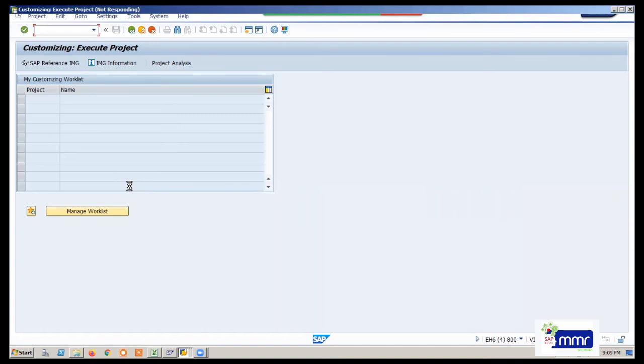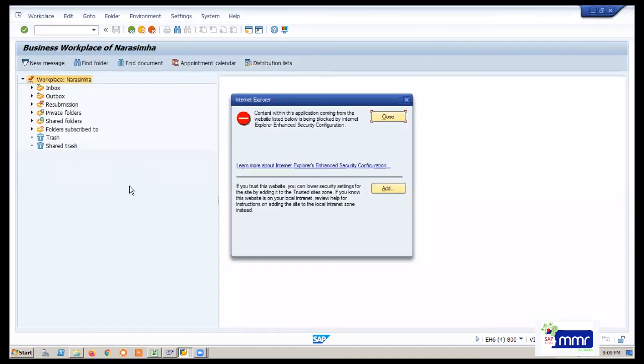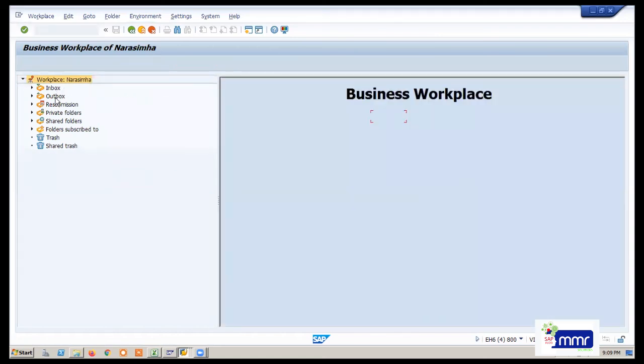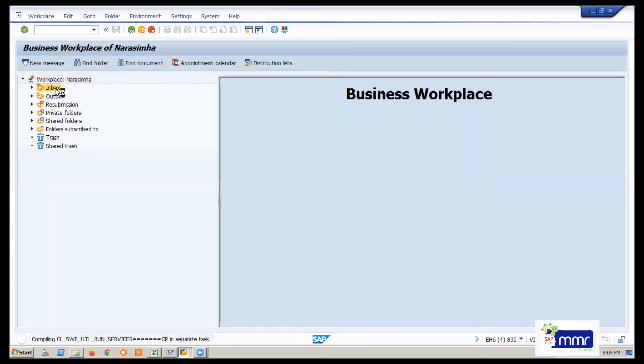He will check the system: what is the document, how much amount they have given, everything they will check. Here you can see the inbox, outbox, everything. I'm checking my inbox to see whether that message has come here or not.